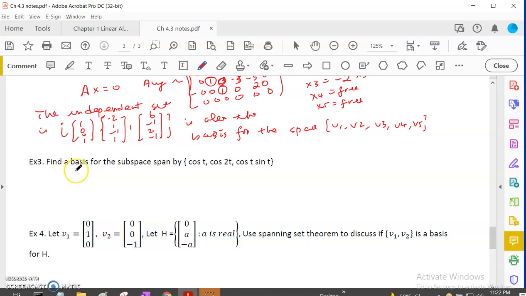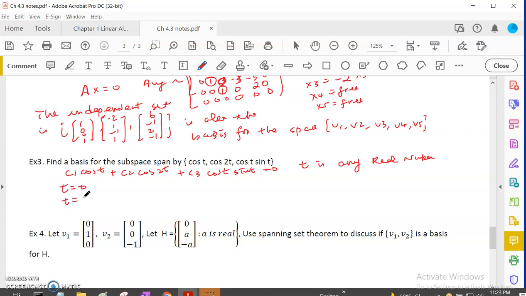So let's see. Let's solve the equation c1 cosine t plus c2 cosine 2t plus c3 cosine t sine t equal to 0, where t is any number. This is a trig function, any real number, right? So to test that these are okay, we would have t equal to 0,